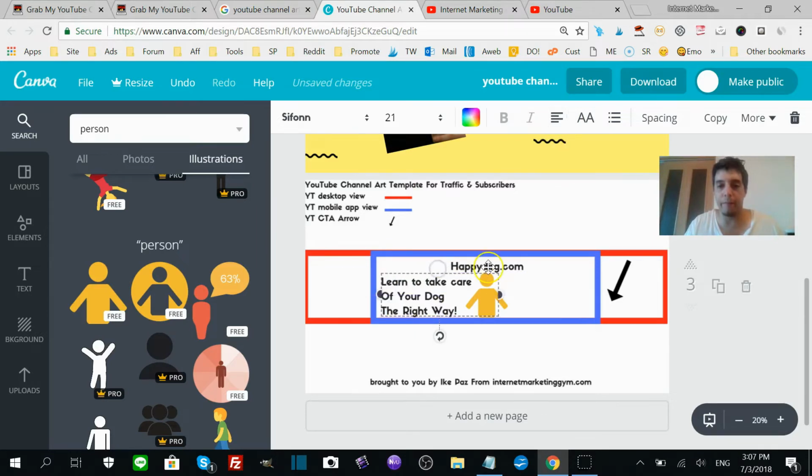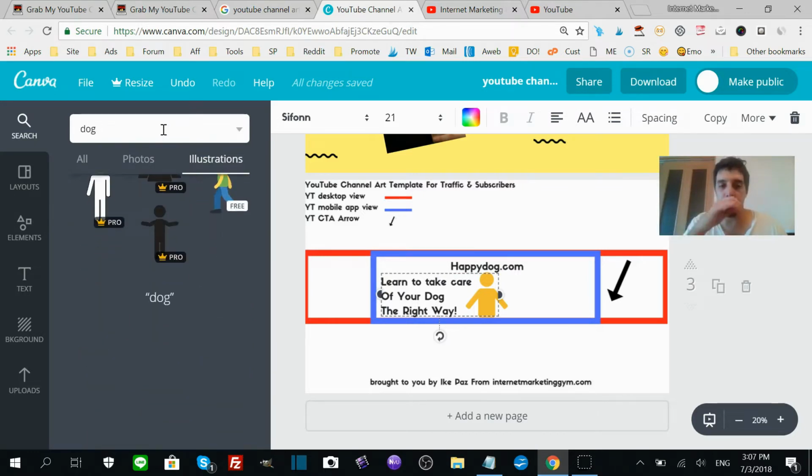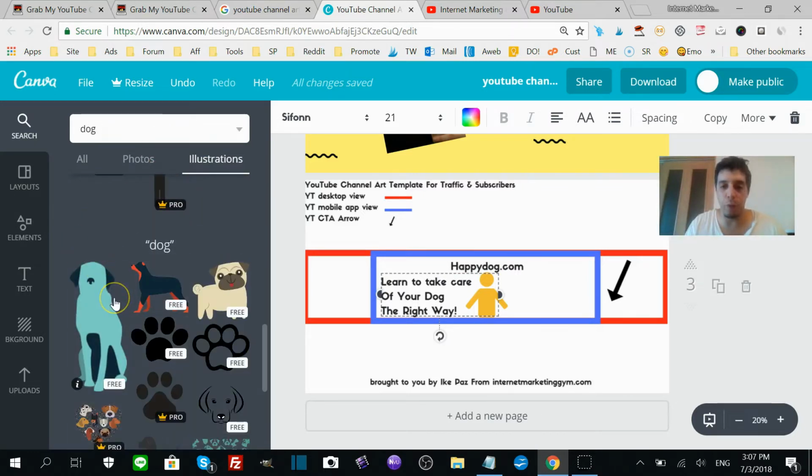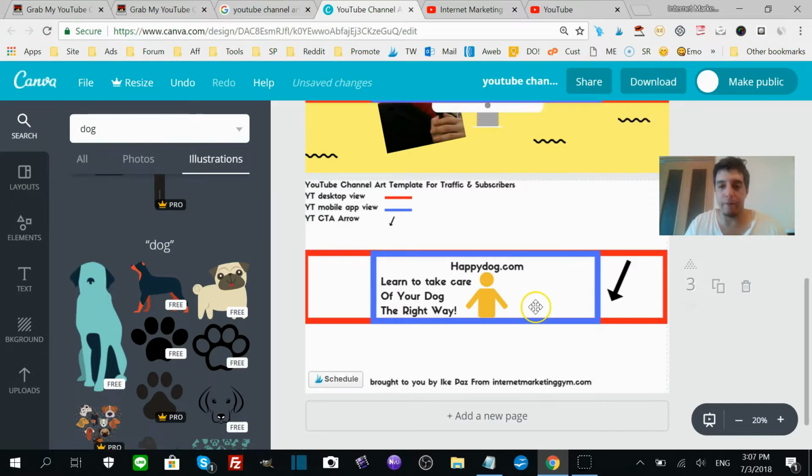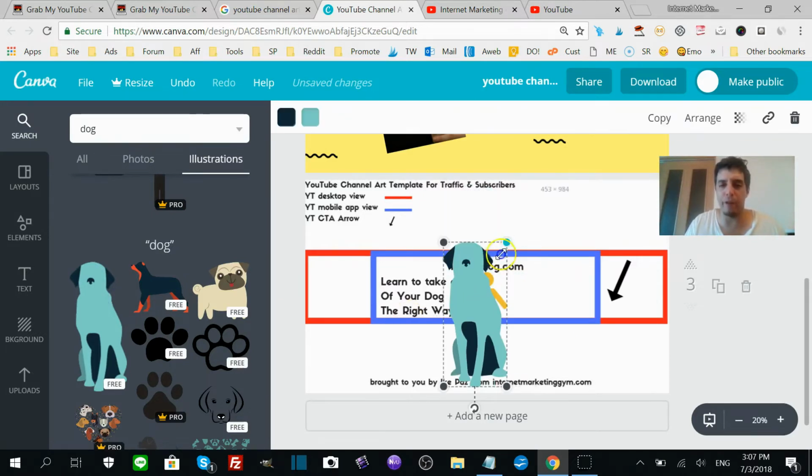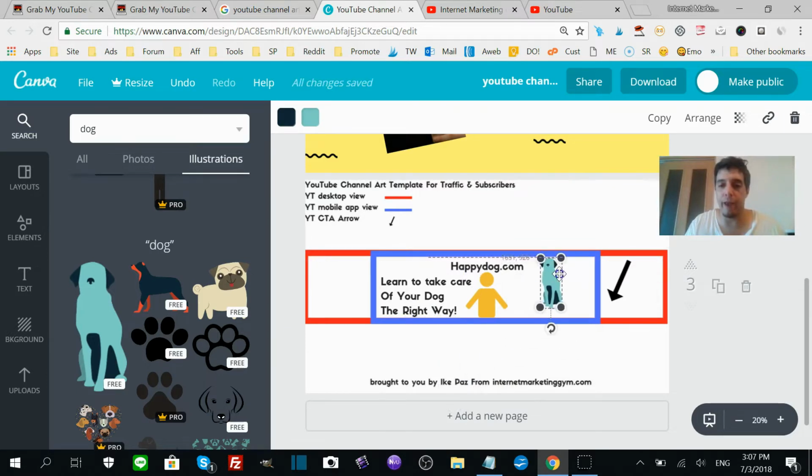Just like that. You should use your own images, okay? I always recommend you do that because, well, you don't want to use Canva's. You want to use your own free images, your own images, okay? If you can, that'd be cool. Let's